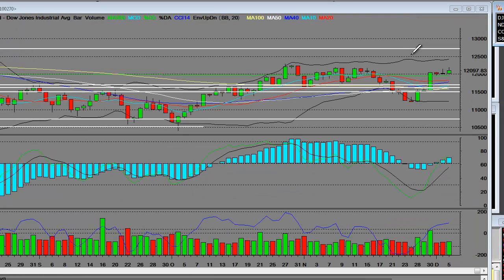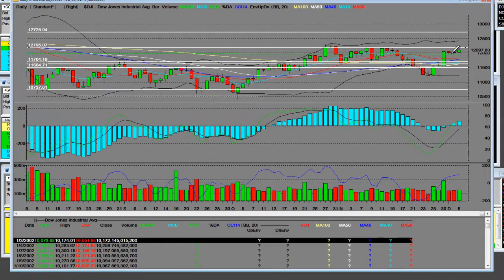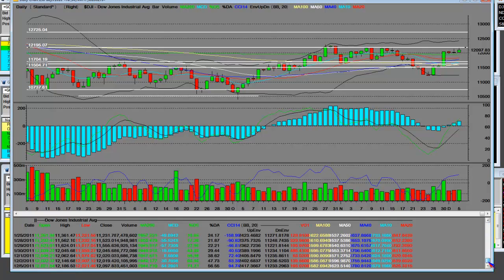The Dow Jones, on the other hand, has a look at the daily buy signal here. It too has a major topping resistance. It's above the 200-day moving average, consolidating daily with a daily buy signal on 12/5 of 2011. So it's going to take